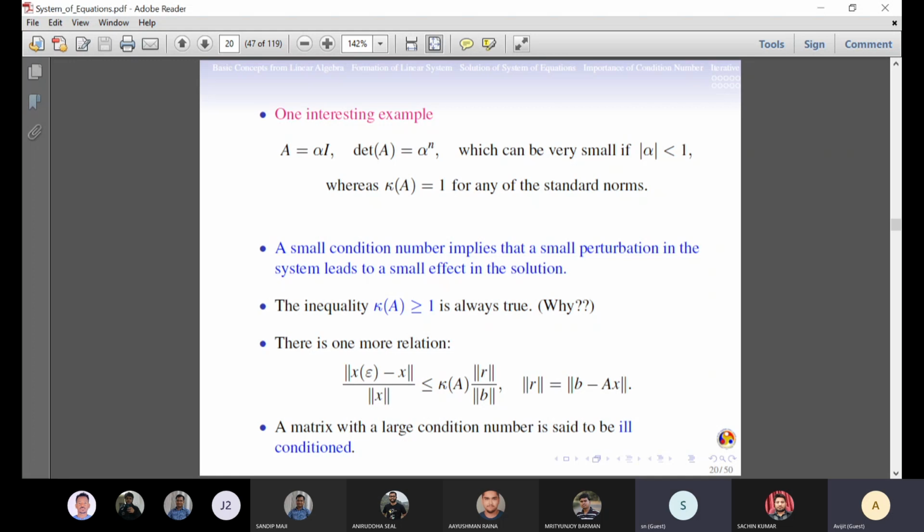So you cannot change the condition number of the matrix. In general, the condition number is reasonably good. It will never be less than 1. Even for the identity matrix, the condition number will be equal to 1. Therefore, you can't change the condition number. And in general, for all the problems, the condition number will be reasonably good. That's all. But for some sensitive and unstable problems, the condition number will be